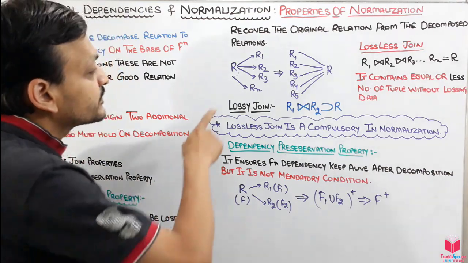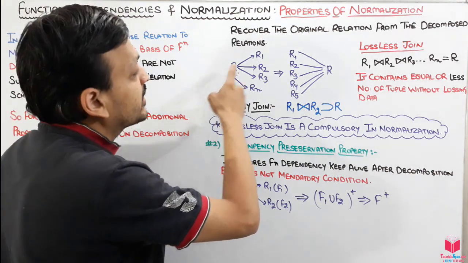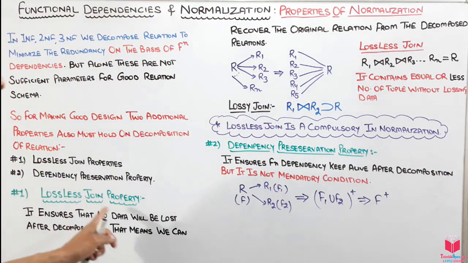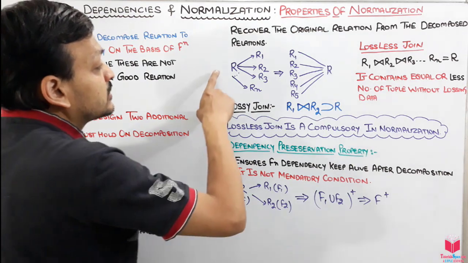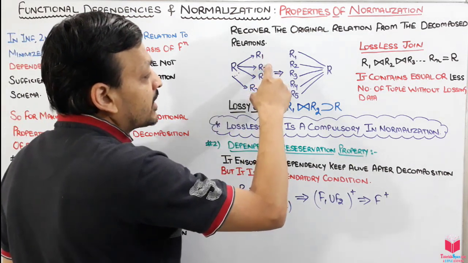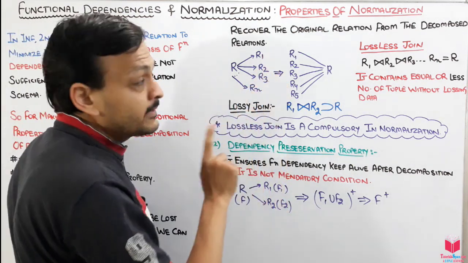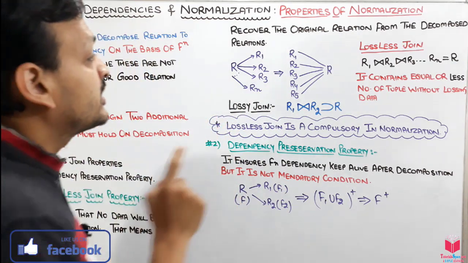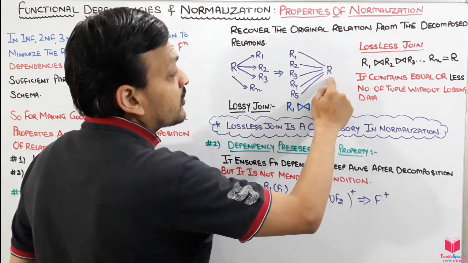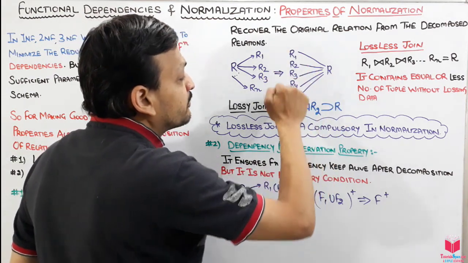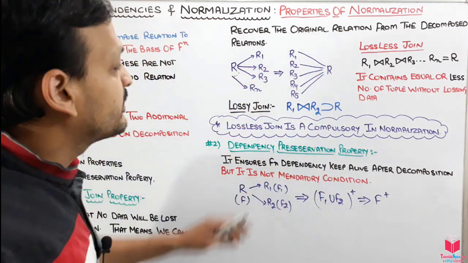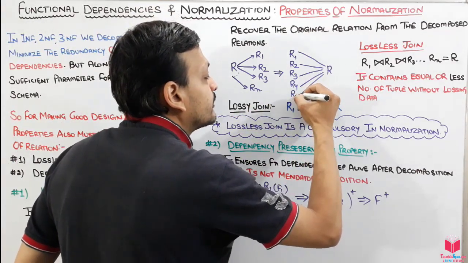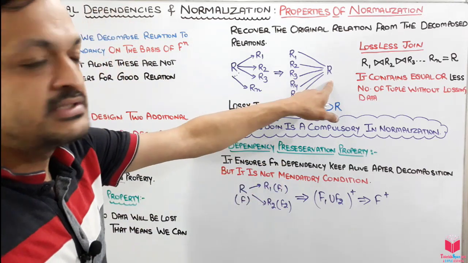Let's see an example. If we have a relation R and we have decomposed it on the basis of functional dependency and applied the lossless join property as well, then R is divided into R1, R2, R3 up to Rn. If we apply this property, no data should be lost, so we can recover the original table from all these decomposed relations. Please write up to Rn. So we will get the original data.